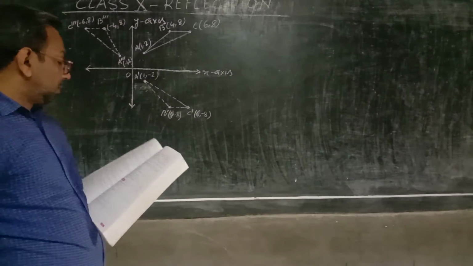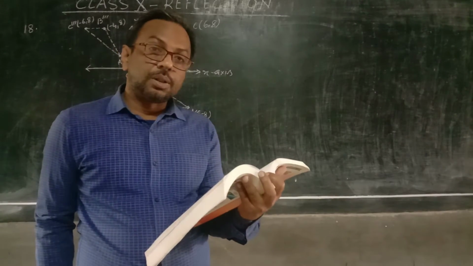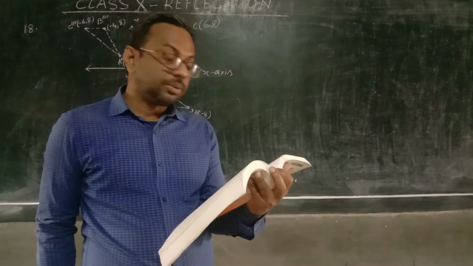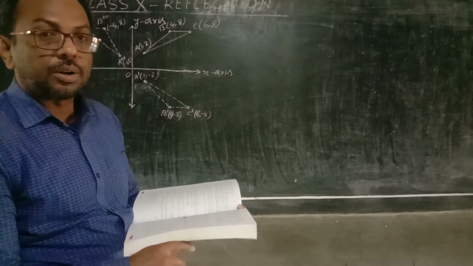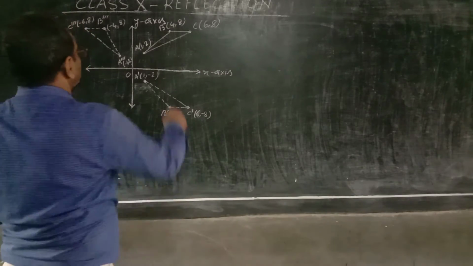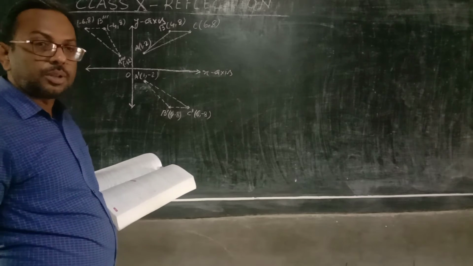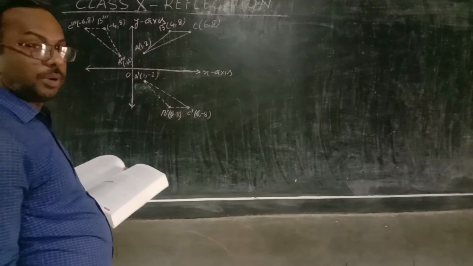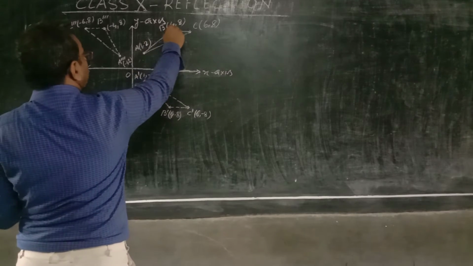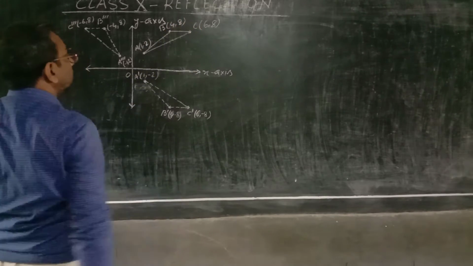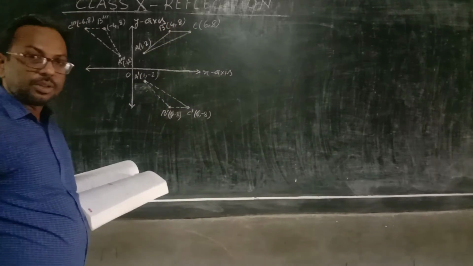First of all, in this triangle there are three vertices A, B and C, and the coordinates of all these three vertices are given: A(1, 2), B(4, 8) and C(6, 8). Let us locate all these three points. Abscissa and ordinate are both positive, so all three will lie in the first quadrant. This is the location of point A, this is point B, this is point C. I joined them with a ruler, and we got triangle ABC.